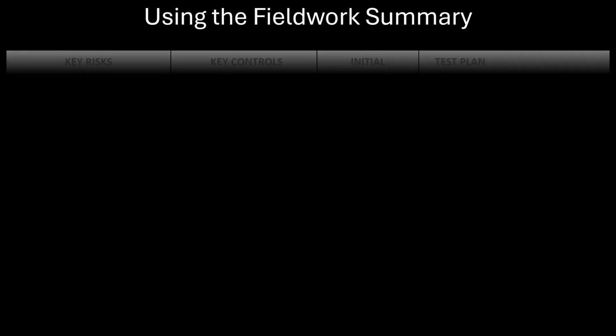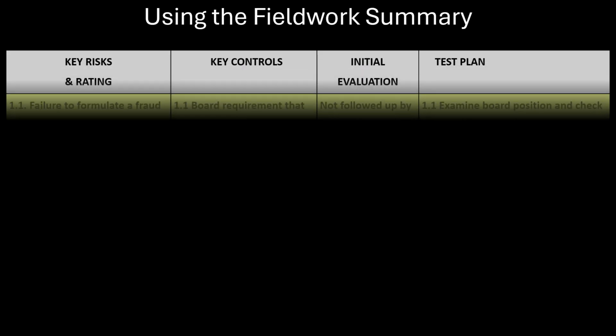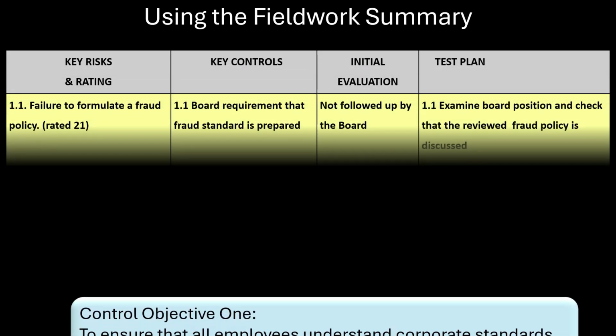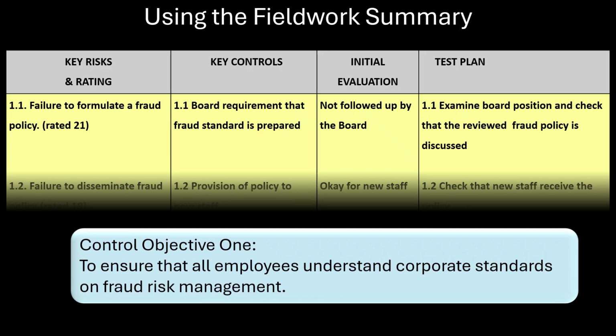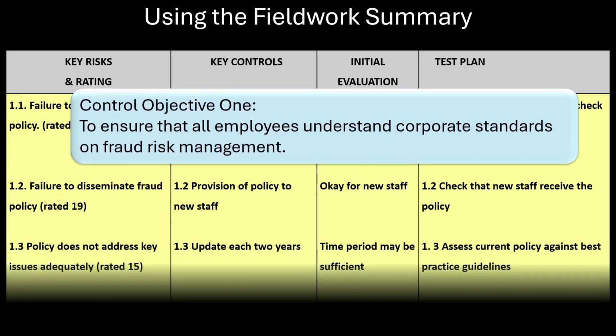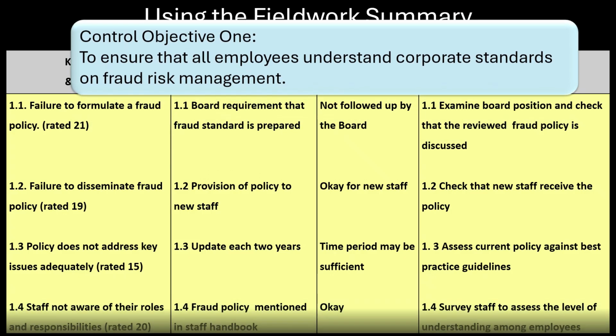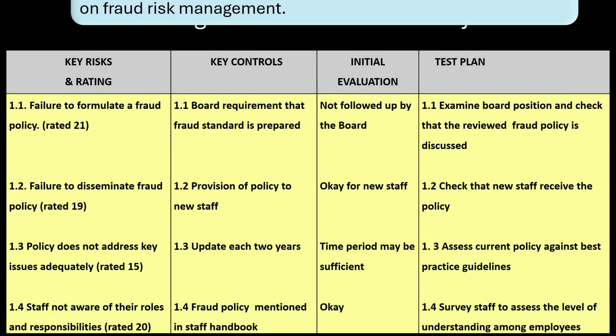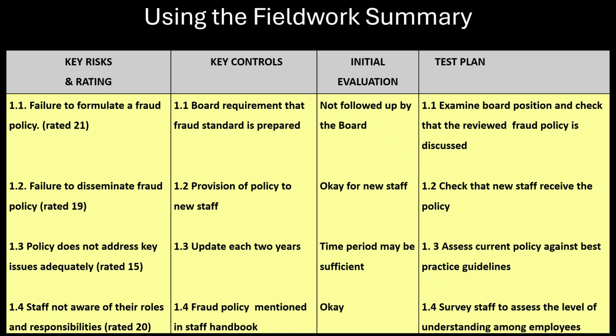Which meant an evaluation could be undertaken by the auditor using the following. Control Objective 1, to ensure that all employees understand fraud risk management. Having established the process for preparing, updating, and disseminating the fraud policy, the auditor evaluated the existing arrangements using the